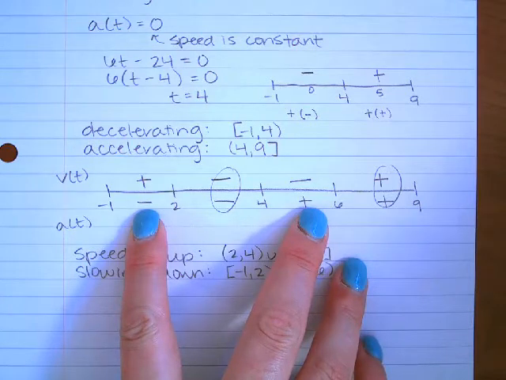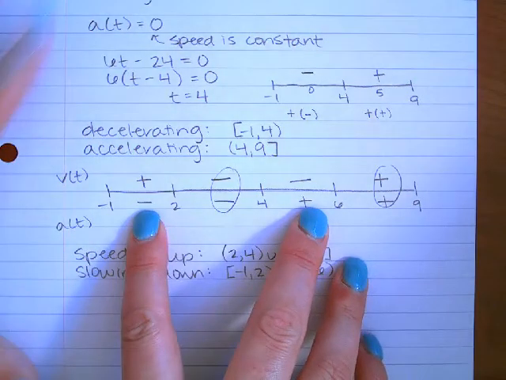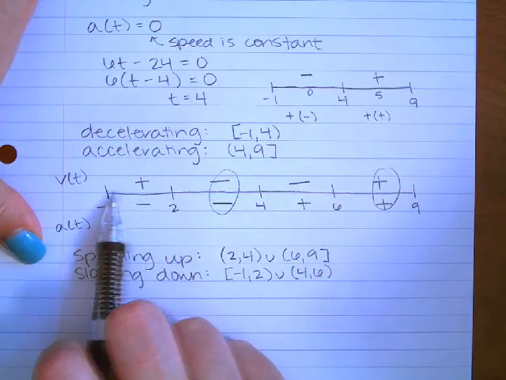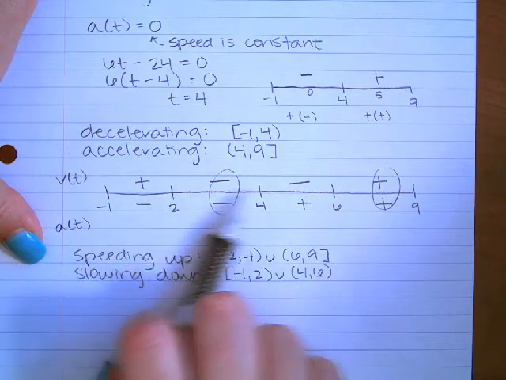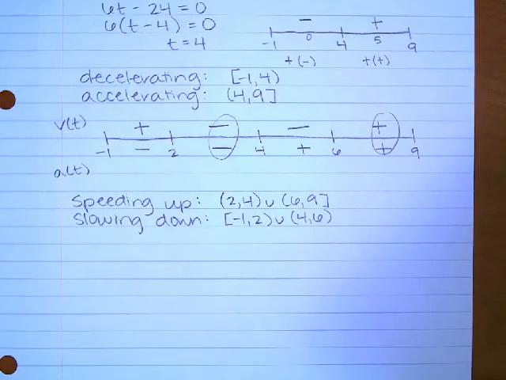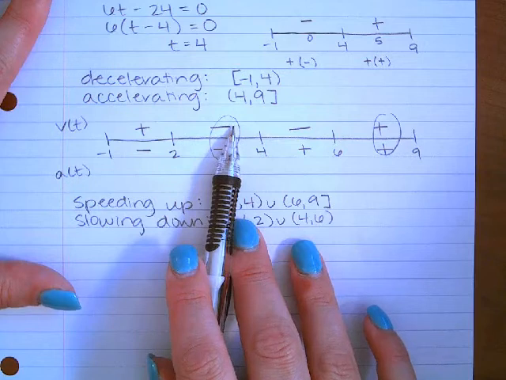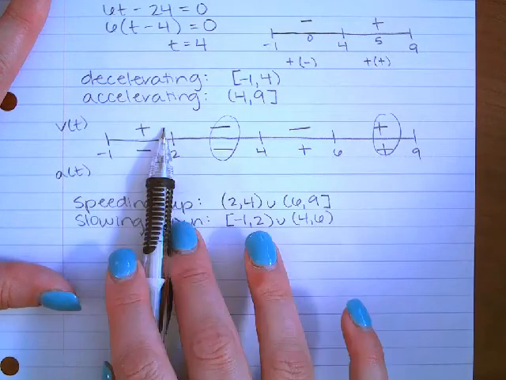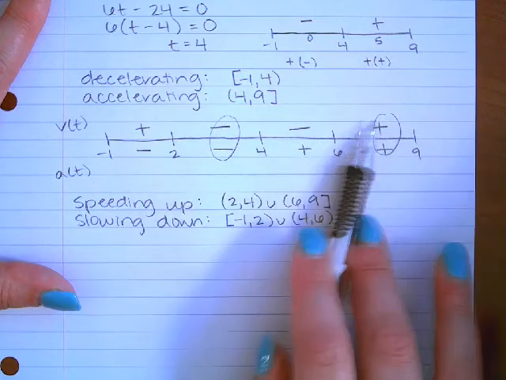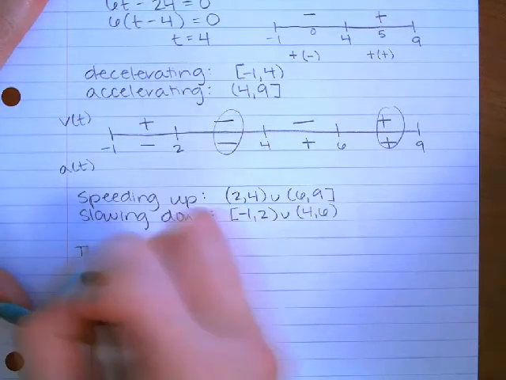All right, the next thing that we're going to talk about is the total distance that was traveled. So if you look at this, we can see that the particle is moving to the right, then it stopped, then it moved to the left, then it stopped, then it moved to the right. So if we want to talk about the total distance, we know that at some point, if it moved to the right and then moved to the left, the particle had backtracked, gone forward and backwards. So we want to figure out how far it traveled here, how far it traveled here, how far it traveled here. We want to add all those values together. We don't want to say you walked this direction, then walked that direction, and you only ended up however far away from your beginning point. So the way that we calculate total distance